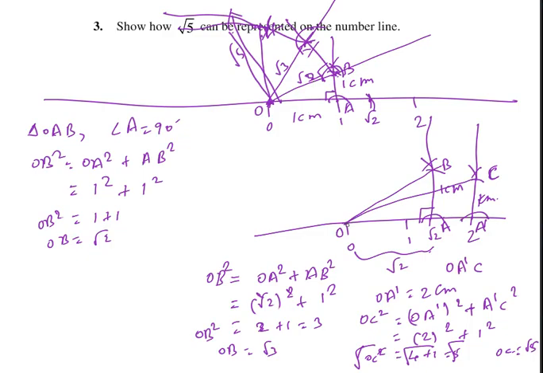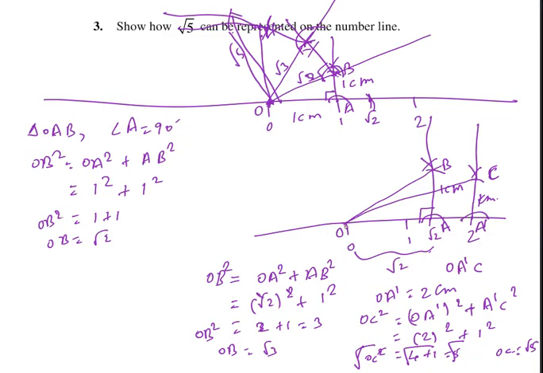We need to identify what point should be taken for this base and this perpendicular. Over this perpendicular we can always mark 1 centimeter, so that the combination will give root 5, root 3. Like this also we can represent them on the number line.